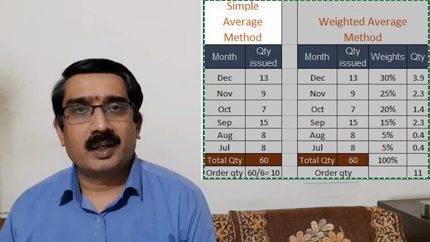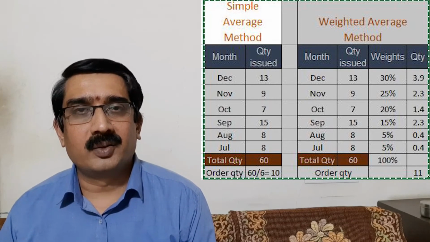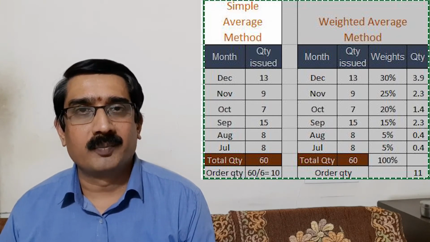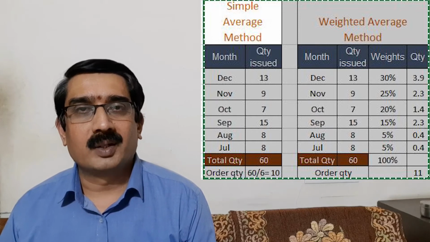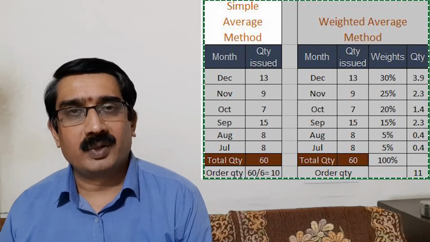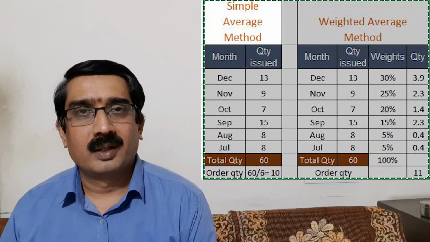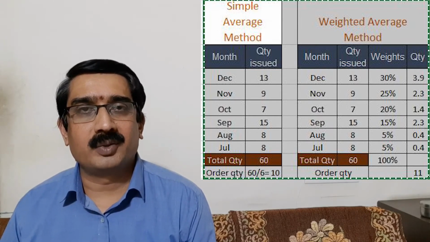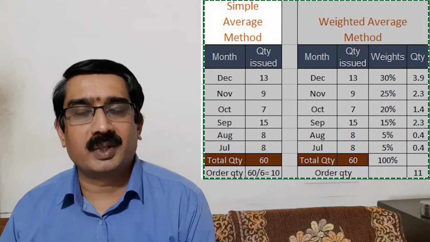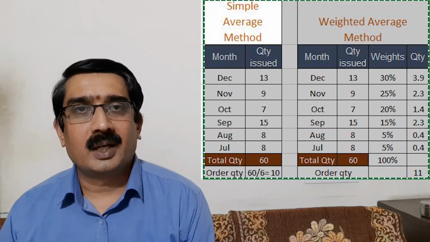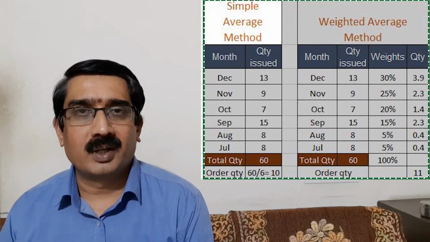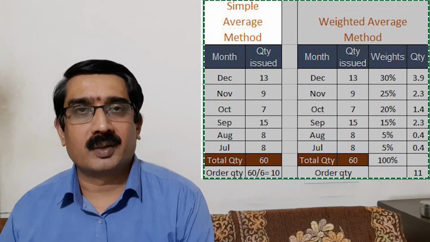In this method, there is a certain limitation. What is that? It is very well suited when the consumption pattern remains constant or uniform throughout the year. For example, oil filter, fuel filter, brake pad, they are regular moving items which will have a trend, because we know on an average what is the number of vehicles we are attending for this kind of repairs, and we can follow this method to calculate the requirement for the future also. There will not be much variation.